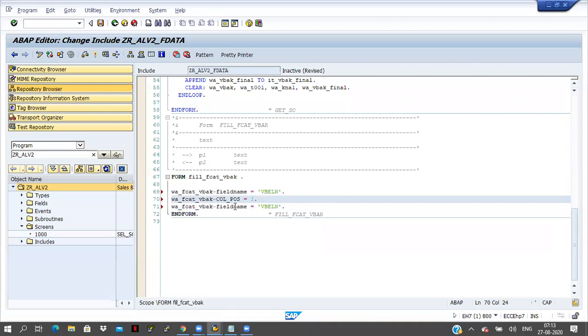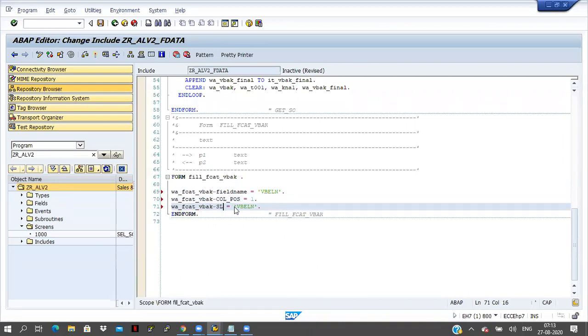Okay, and the cell text underscore m. This is the sales order number, or SO number.